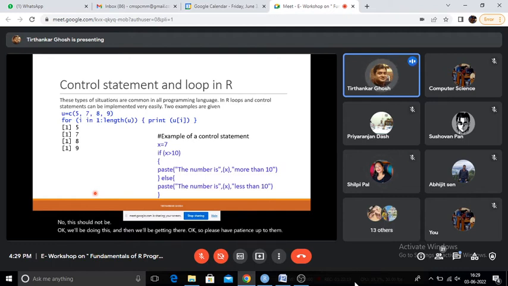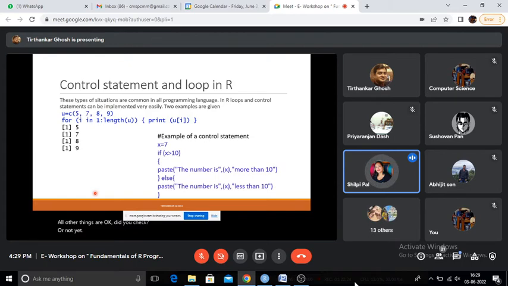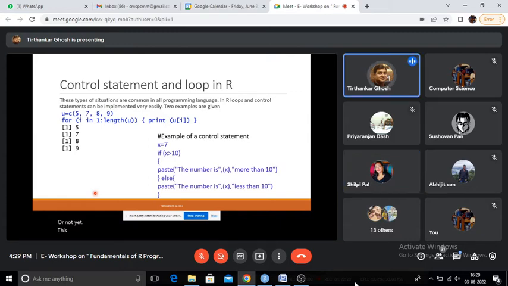All other things are okay. Did you check or not yet? Yes, sir, I checked for the for loop, but then there is a problem. It's showing an error. Okay, then we'll fix it. No problem. Bugs could be there, no issue. But here our objective is first to get the notion of how these things happen, the syntax as well.